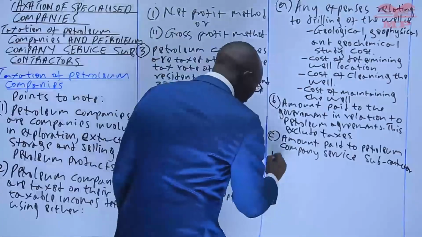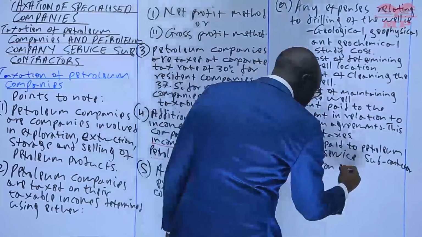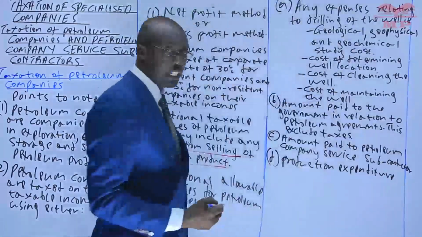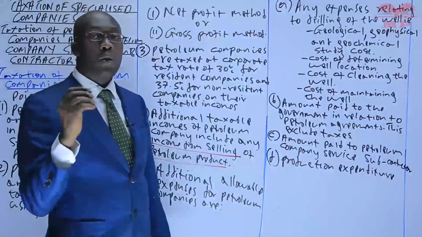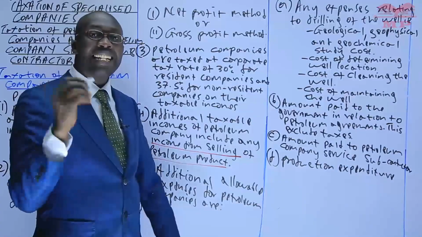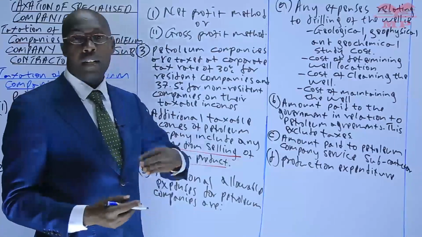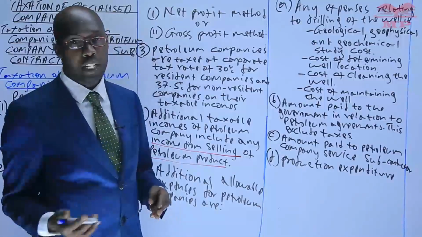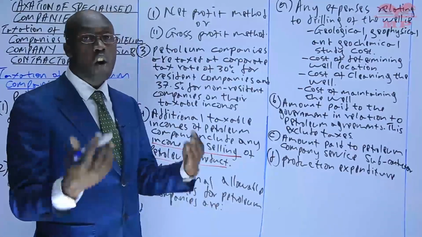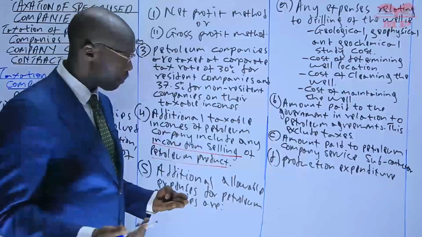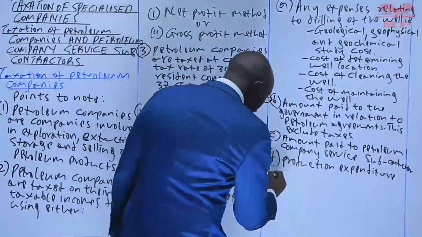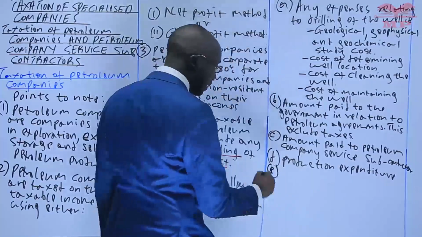Number D, another allowable expense, is the production expenditure. When you hear of production expenditure, these are the day-to-day expenses incurred by the petroleum company. So day-to-day, like salaries for the staff, communication expense, fuel for the machine, all these are supposed to be allowable expenses. Then after that we have E, another allowable expense,